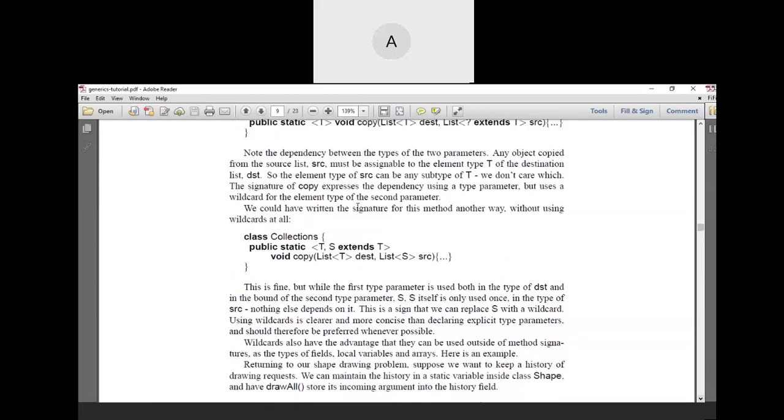When you see this particular type, you don't need to bother about it. Basically T extends, right? So S stands for T. You need to tell what is T and what is S. If the question mark is the unknown type, so that is also